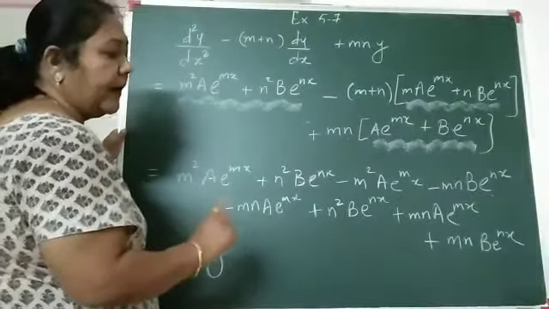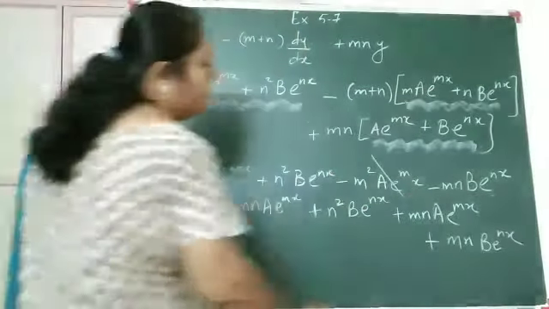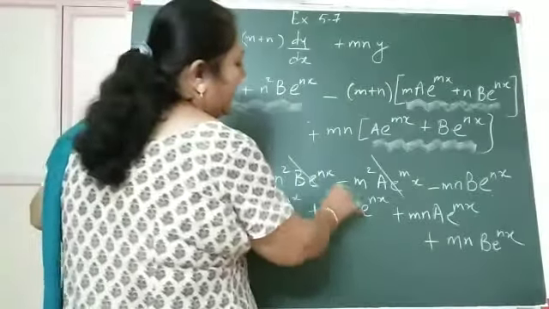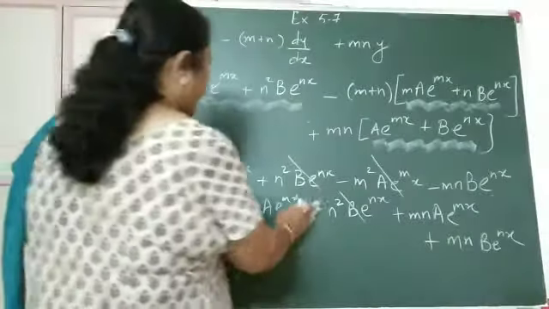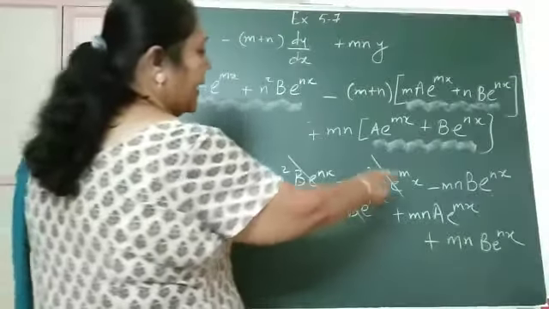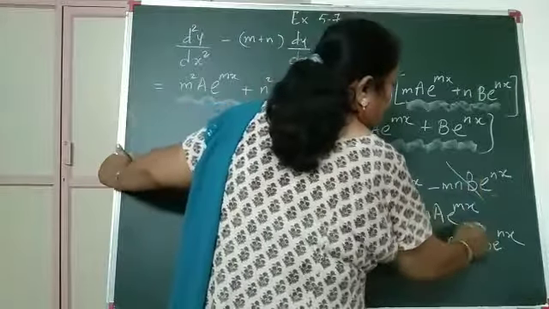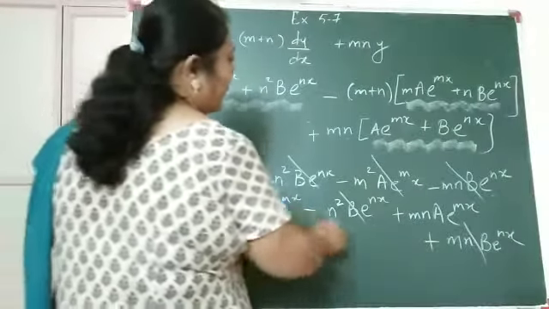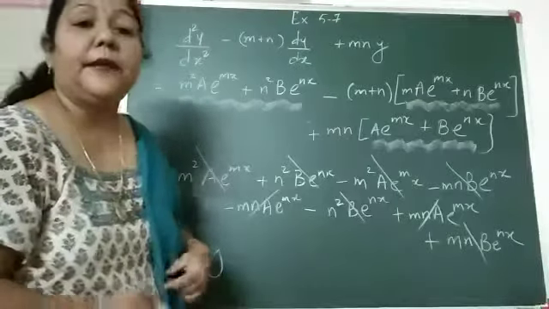Now, one by one, these terms cancel with each other. This m squared term cancels with the m squared term. Then I have the n squared term cancelling with this n squared term over here. Fine. So that is going to be minus n squared b term over here. Then I have mn in b term, so this is minus mn b term. So these two terms get cancelled with each other. Then minus mn into a term and minus mn into a term. Finally, everything gets cancelled to get a big 0 over there.